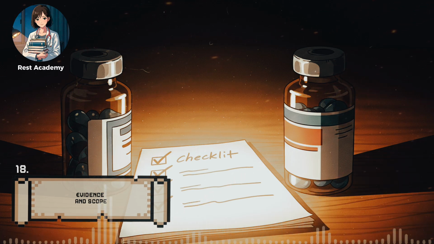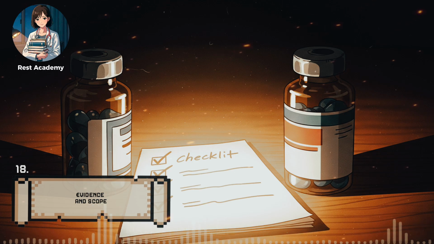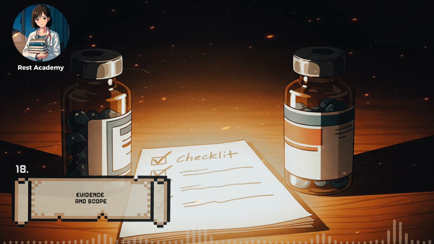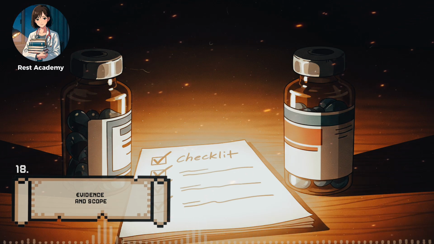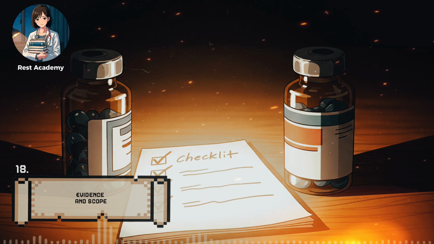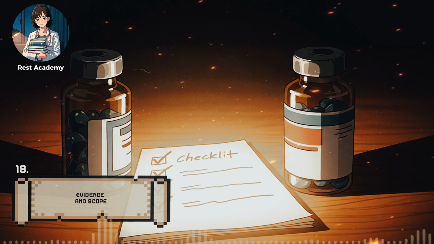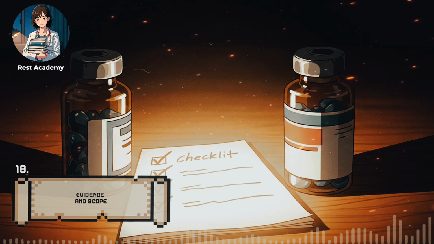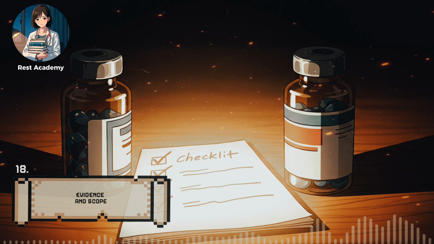The third principle is efficacy. Among possible options, you ask which drug is most effective for the condition. Efficacy is not only about clinical trials but also about context. Albuterol is highly effective for acute asthma but not for chronic prevention. Inhaled corticosteroids excel at long-term control. Naloxone is highly effective for reversing opioid overdose but has no role in treating anxiety. Matching efficacy to context ensures the chosen drug can actually achieve the intended outcome.